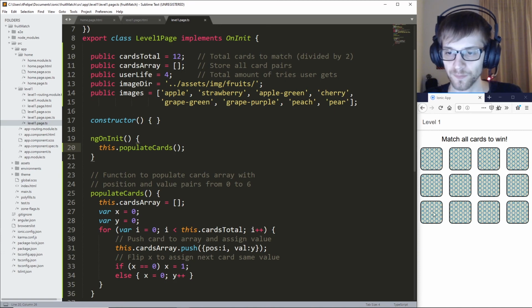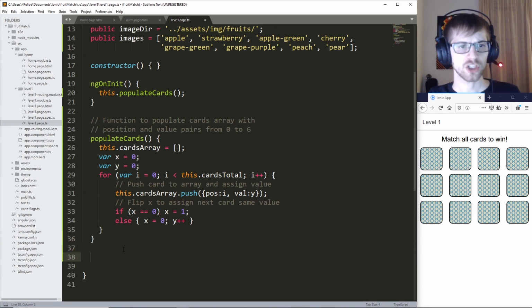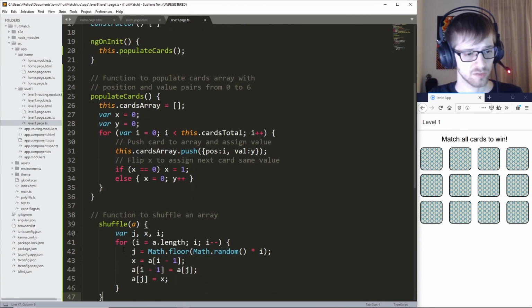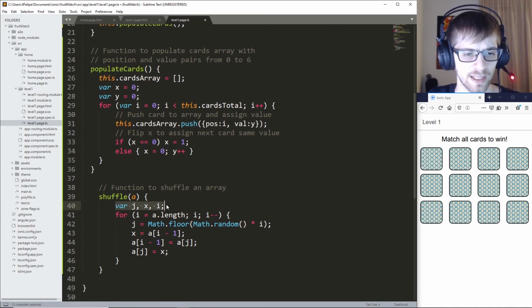Alright, let's move on now. Now we're going to be adding another function here, and I actually did not write this function. I'm pretty sure I got it from Stack Overflow, and it's this function over here. You can pause the video and copy this function. You can follow through line by line to get a better idea of what it does, but basically it just